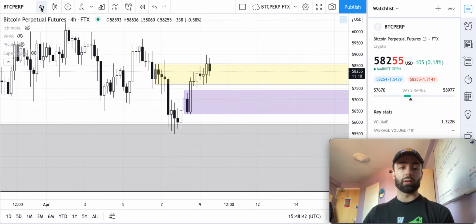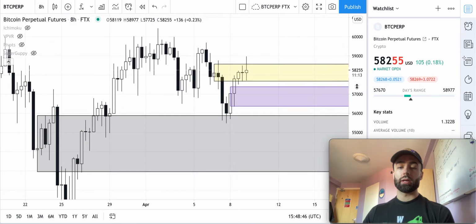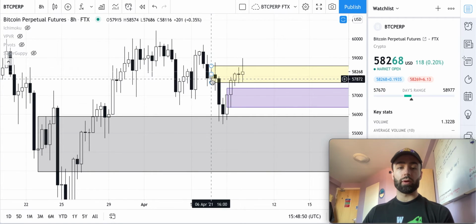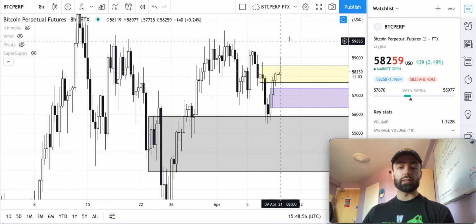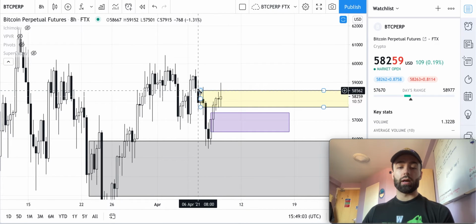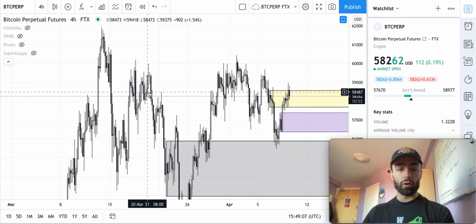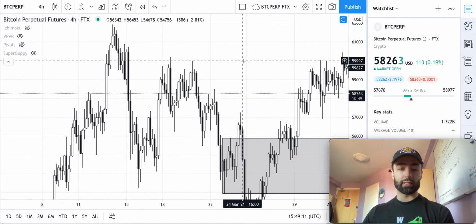Like I said, this yellow level right here, which is on the 8-hour time frame. This is the most immediate resistance level for us, and that is going from about 58,574 down to about 57,686. And if we end up going above that and we start trading up above this yellow zone, we'll have a pretty good chance of going through this 4-hour level, which is this white candle from back here that has held